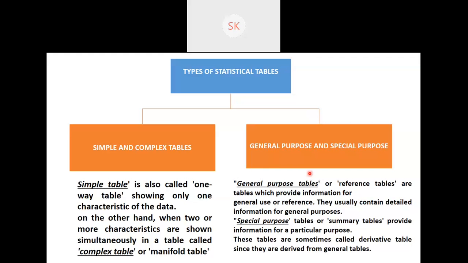Special purpose table or summary table. Now these tables are prepared for special purposes. Now I will prepare a table for giving internal marks for you. I will prepare a table for BCom separately and say, okay, this table is for calculation of internal marks for BCom. That's a special purpose table. Again, I prepare another table which says calculation of internal marks for BBA. So that is special purpose. I have an intention of preparing the table on a specific basis rather than an overall basis. So those are special purpose tables.